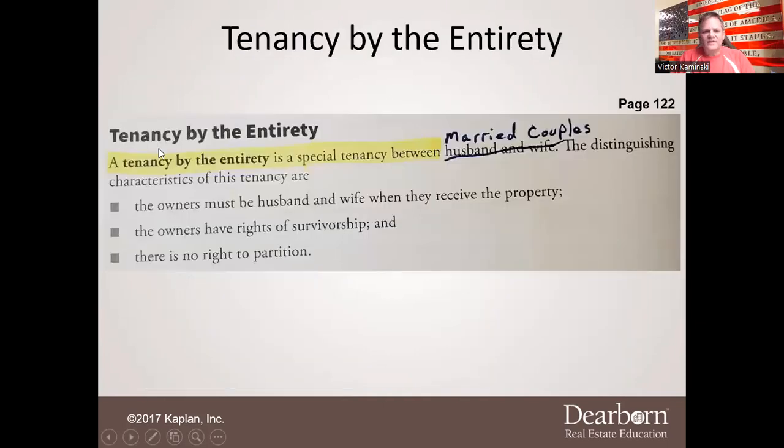And then lastly, we have the tenancy by the entirety. Let's highlight on page 122. A tenancy by the entirety is a special tenancy between, cross out the words husband and wife and write married